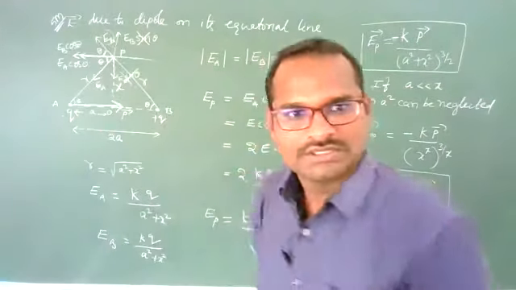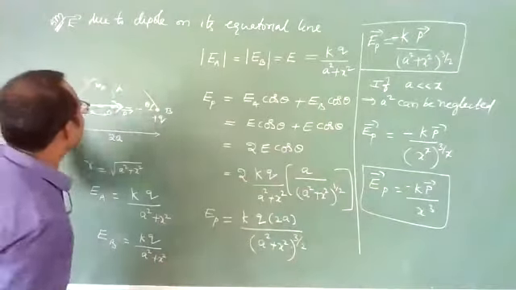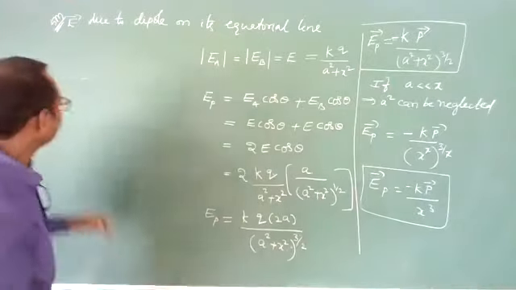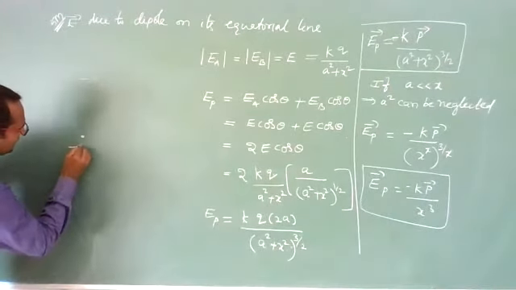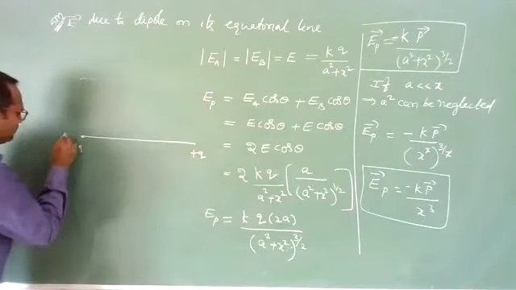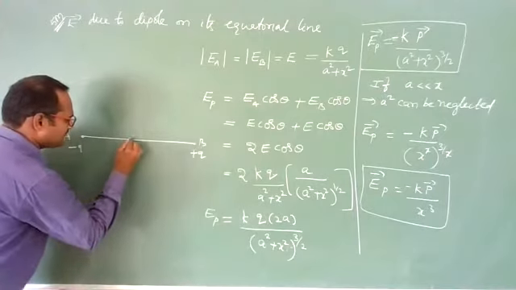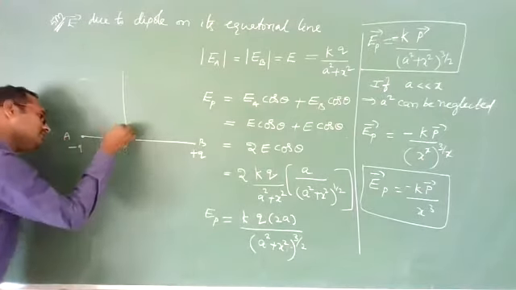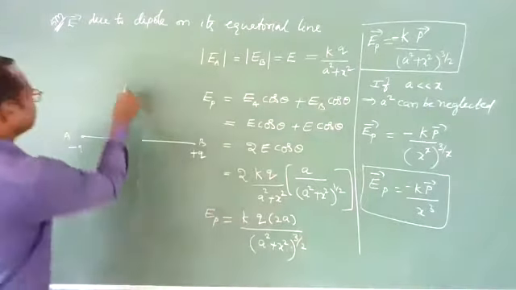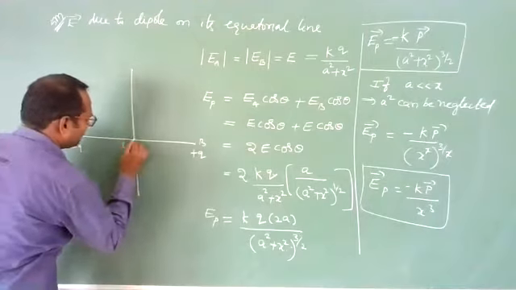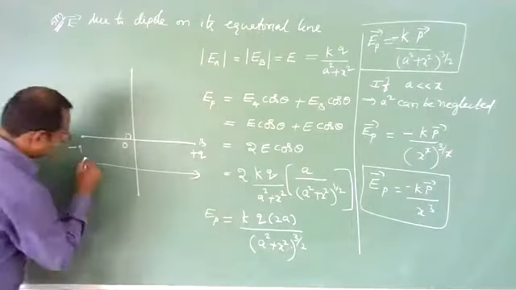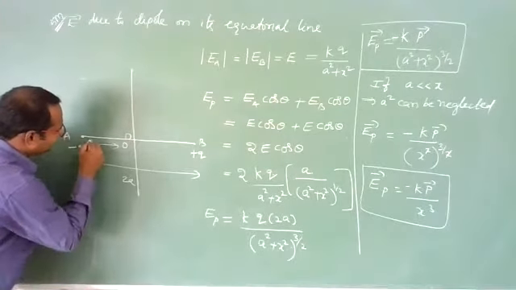Good, good. And Abhay is saying, sir, the diagram is blurred. Draw it somewhat bigger. Okay, I'll draw it so that you will understand. So this is the negative charge, and this is the positive charge. This is point A, this is point B, this is the center of the dipole, point O, and this is the equatorial line of the dipole. This total distance is 2A, and this distance is A.